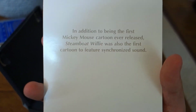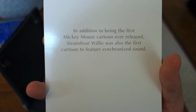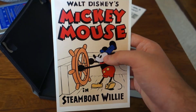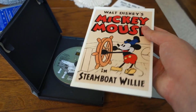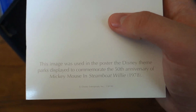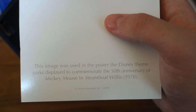Let's see. In the back it says, in addition to being the first Mickey Mouse cartoon ever released, Steamboat Willie was also the first cartoon to feature synchronized sound. Well, that one is kind of debatable, since I think there was a Fleischer cartoon that had sound before Steamboat Willie, but Steamboat Willie is definitely still one of the earliest to feature synchronized sound, so we could still give it credit for that. This image was used in the poster the Disney theme parks displayed to commemorate the 50th anniversary of Mickey Mouse and Steamboat Willie. So yeah, I was right. This was from the...